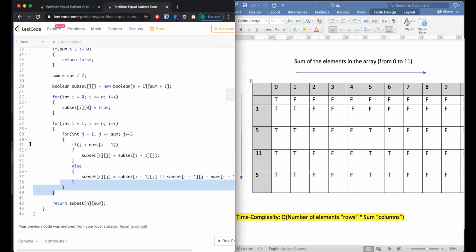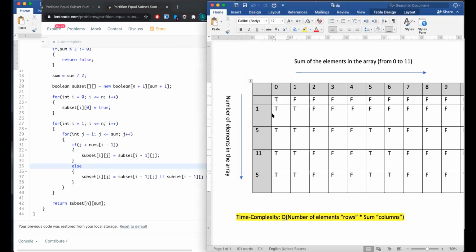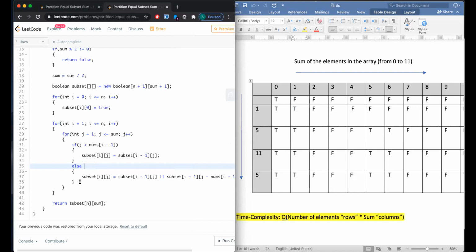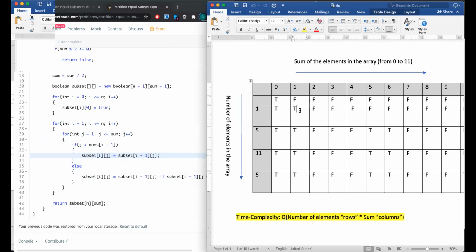Now the second for loop has two concepts, right? It starts with row 1 and it starts with column 1. So this is where the operation begins. Then it does an if-else check. In plain English, what this if is checking is, all right, so if my column number sum,